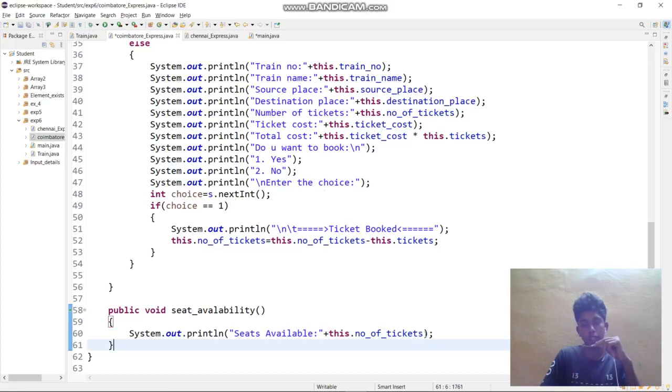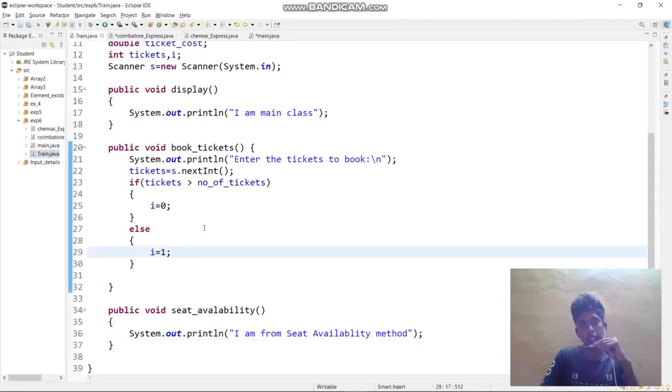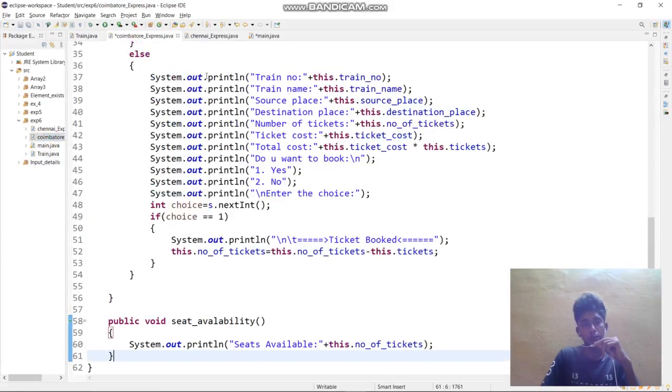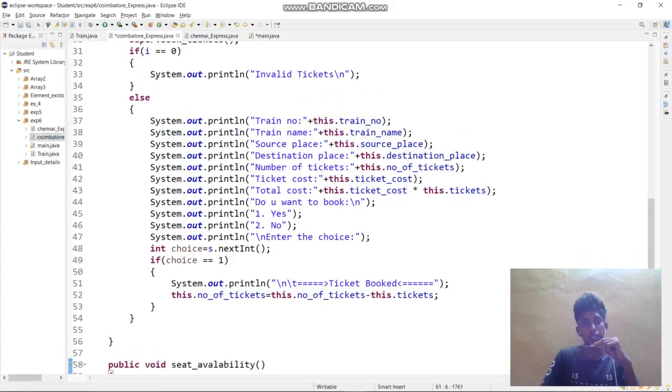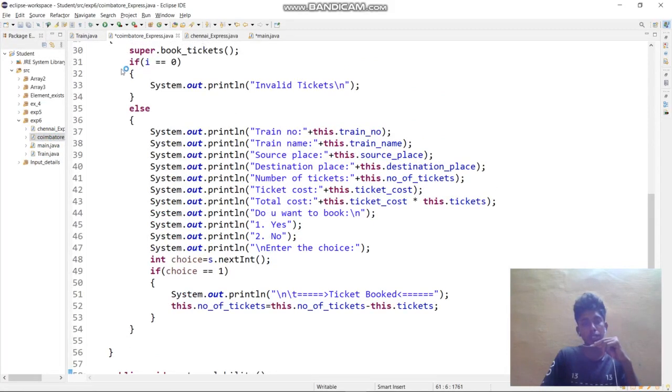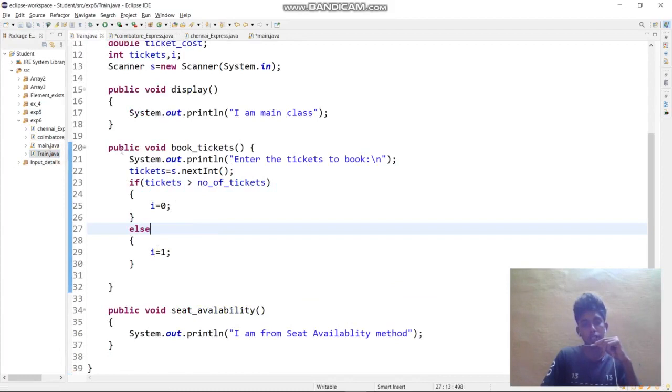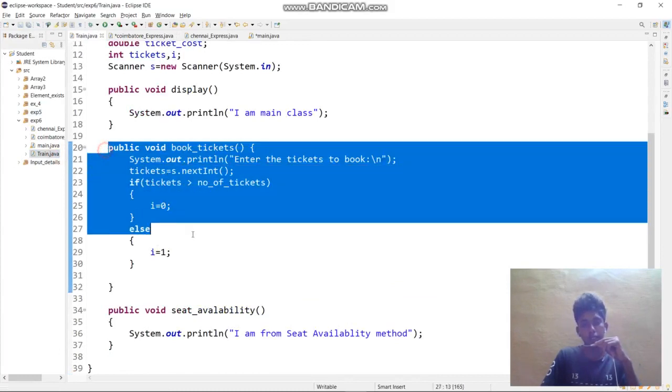How much it is will be printed. But if you see in this book tickets and seat availability, this will be printed because I have called it in the Coimbatore Express, that is super dot book ticket. Super means the main superclass.